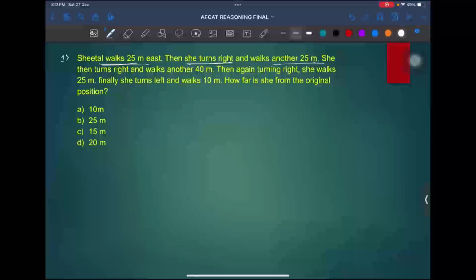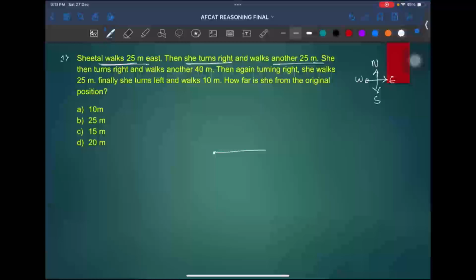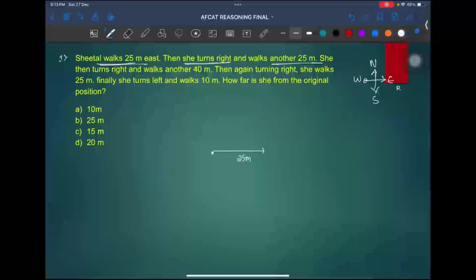Whenever you get a question paper and find a direction question, it's better to draw at least this chart: north, south, east, west. Okay. So there is a person called Sheetal who walks 25 meters towards east, and then she turns towards her right. When a person is moving towards east, south will be right, and north will be her left. So in the direction concept, it is majorly dependent on